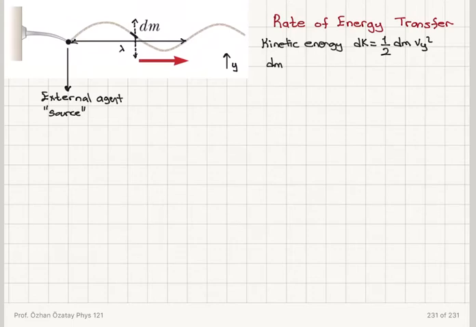Well, dm is equal to, if this is my x-axis, mass per unit length, mu times dx. So mu is my linear mass density, and if it's a uniform string, uniform implies its mass divided by the total length of the string, remember. So I have dm is equal to mu dx, and if it's a sinusoidal wave that we're talking about, then